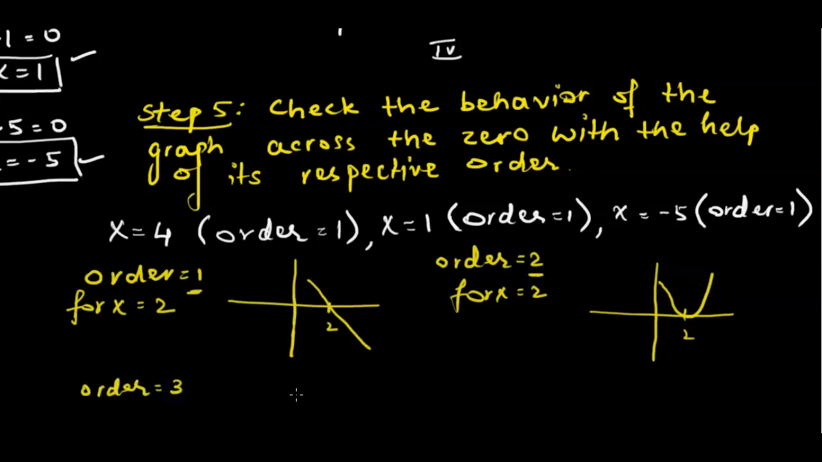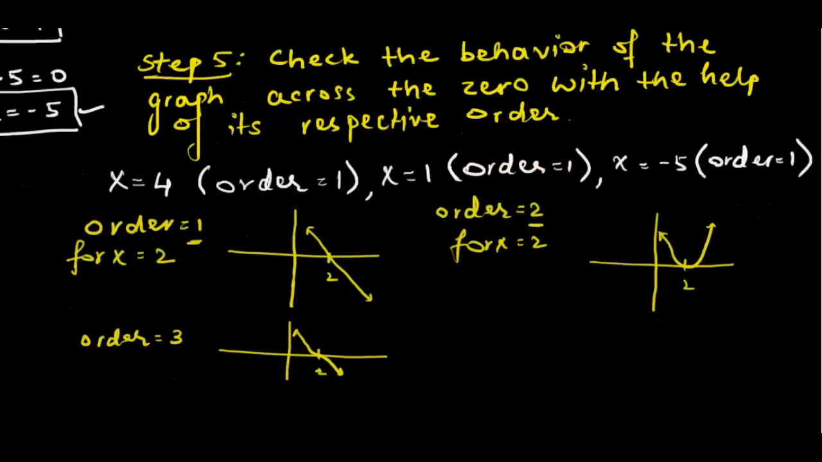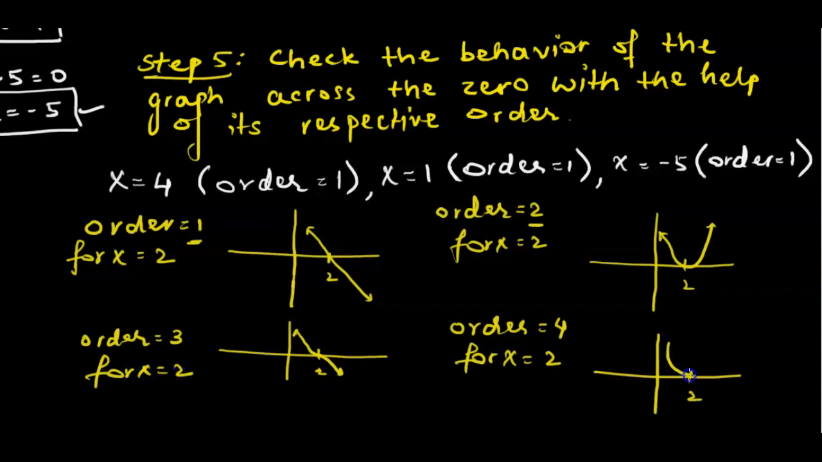If order is 3, then at 2, if the graph is coming like this, it's going to go squiggly. However, it's going to pass through it. And if order is 4 for x equal to 2, and we're coming from here, we're going to turn around like this. This is how the orders are going to help us know the behavior of the graph across the x-intercept or across the 0. Now going back to the same question that we are doing the example for,